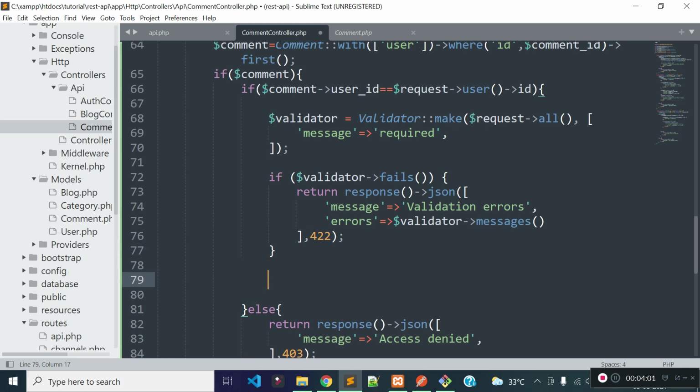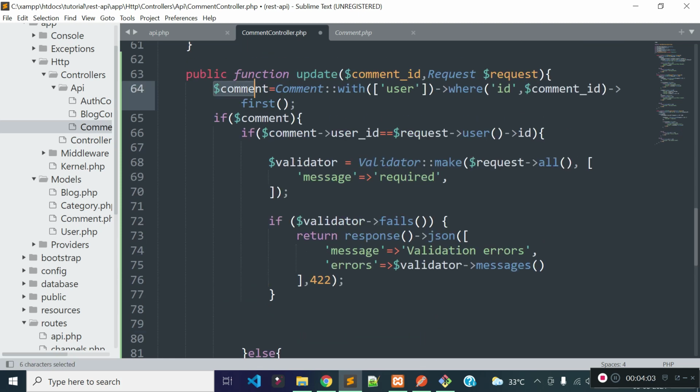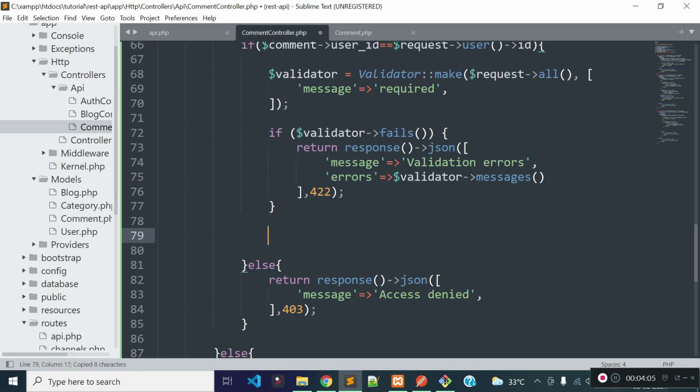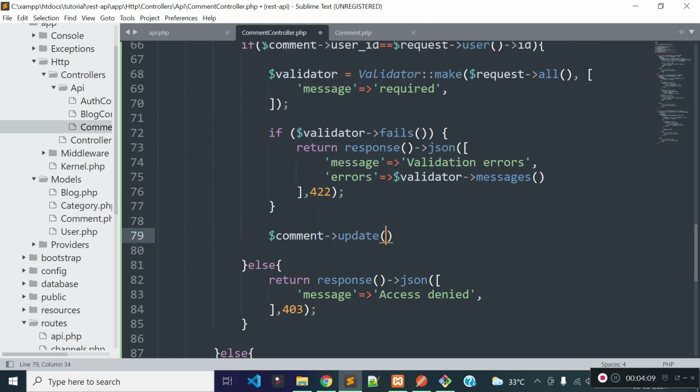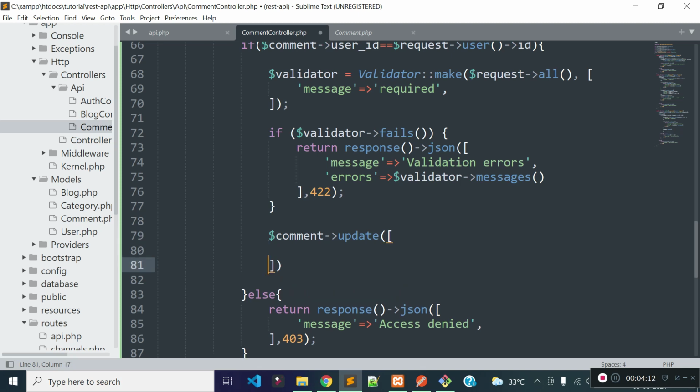Okay, if validation passes, then I will update the comment data. I'm going to update this comment data, and we can update the data with the help of update method, and we are going to update message field, and this will be request message.